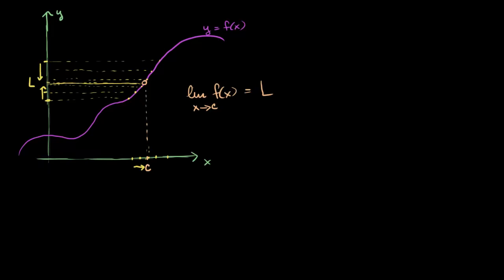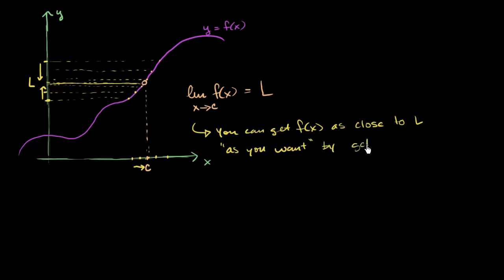Let's try to come up with a mathematically rigorous definition for what this statement means, the statement that the limit of f of x as x approaches c is equal to L. So let's say that this means that you can get f of x "as close to L as you want." I'll put that in quotes because it's a little loosey-goosey, how close is that, but as close as you want by getting x sufficiently close